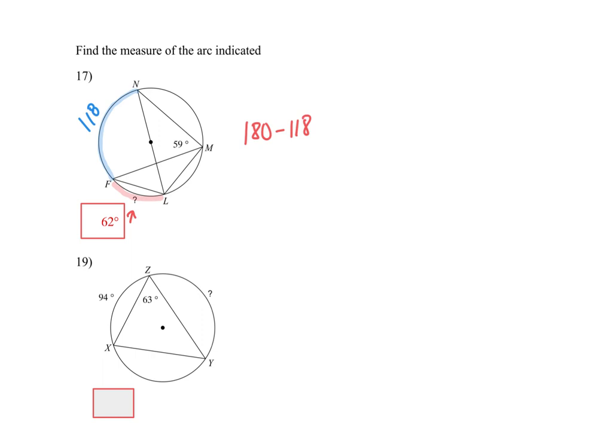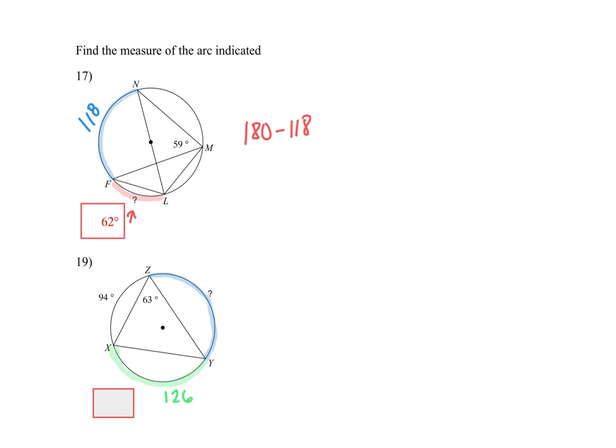So they want this piece of the arc here. They want this piece of the circle. But they didn't give us the angle that creates it. They did give us another angle. So what is that helping us find? Well, that 63 degrees is actually helping us find this piece. So we're going to go ahead and find that piece, even though that's not what we're looking for. What is that green piece of it right down there? If that's 63, this piece is going to be